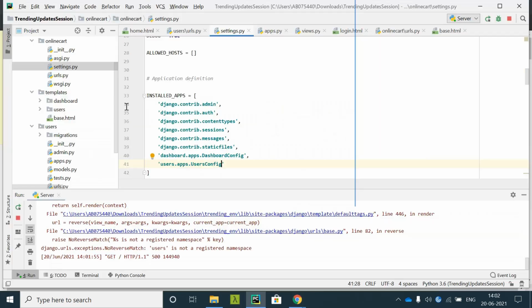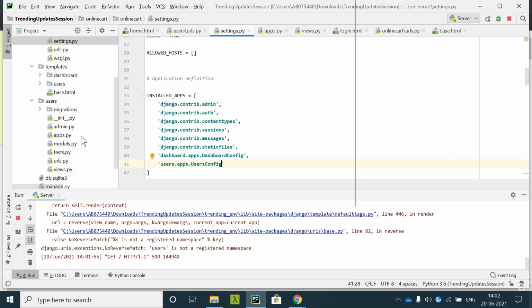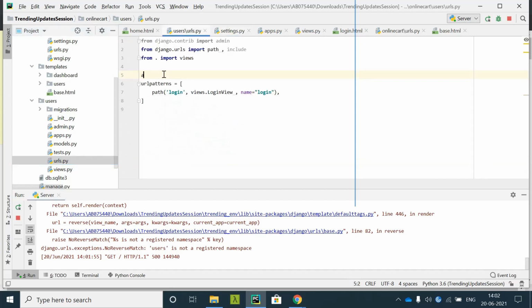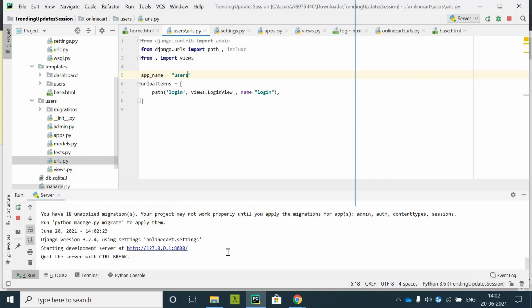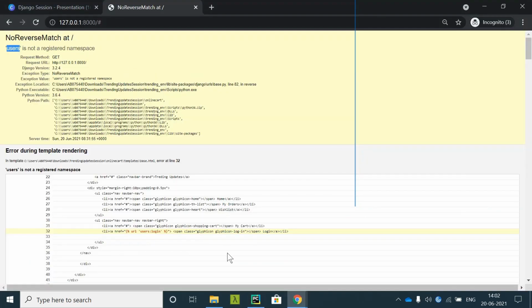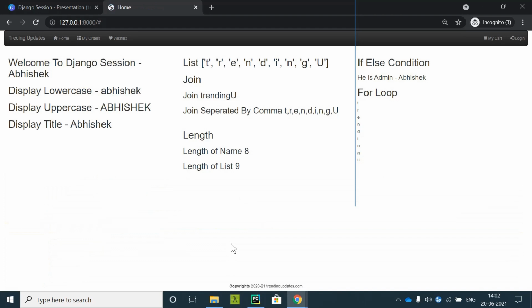Go to the URL section. I know why this is happening, because I have practiced it earlier, and this is exactly what you need to do. You should come here and say app name is equal to users. Now the error message should go once we reload the things. Okay, this is how it looks.